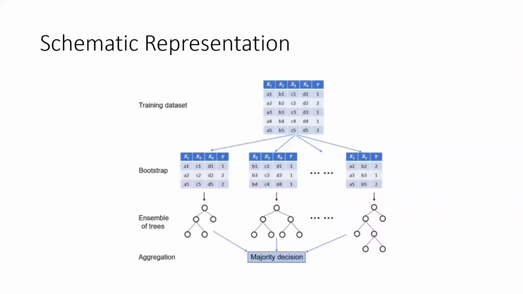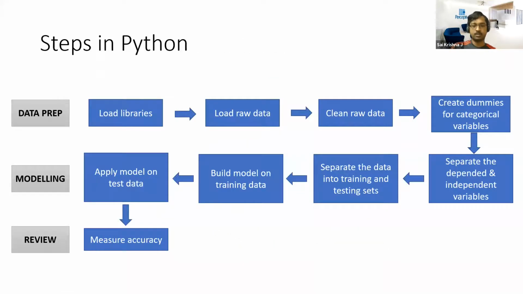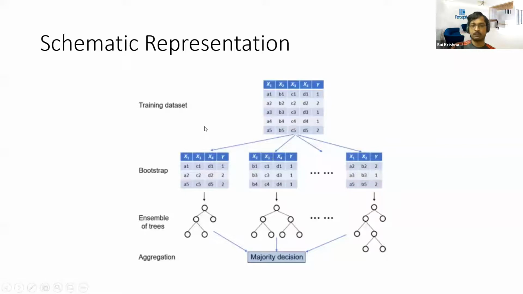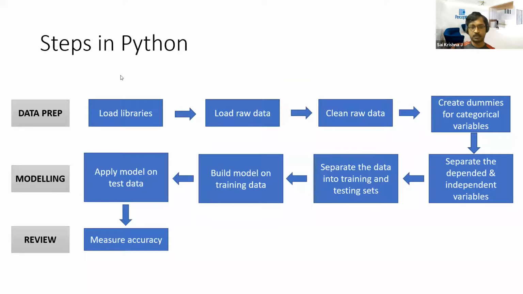Okay, all right. So how do we do this in Python? So this is the mechanism, but of course doing this manually is practically impossible. So that's why we have software today. And if we were to do the same thing in Python, what do we do? Not just random forest, but any machine learning algorithm or model that you want to build in any software, be it R or Python, these are the general steps that you will follow. Data prep is the first stage, then you have the modeling stage, then you have the review and the fine-tuning stage. So the first step in the process is to load the required libraries.